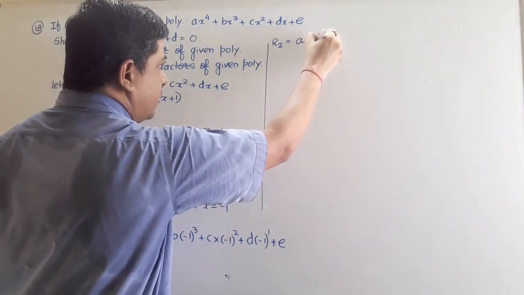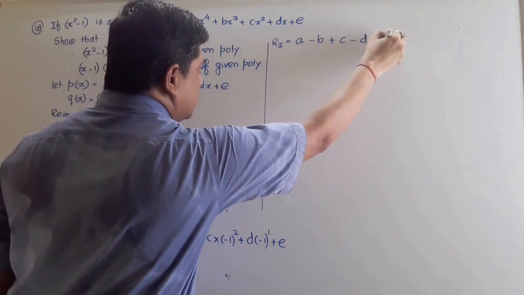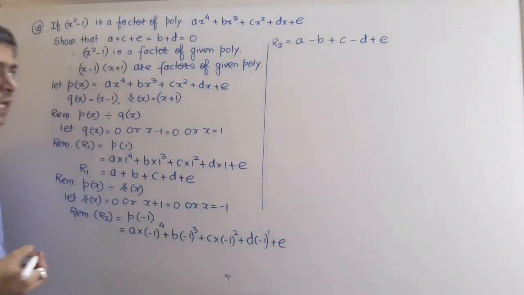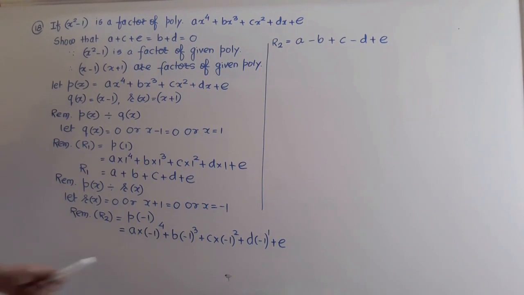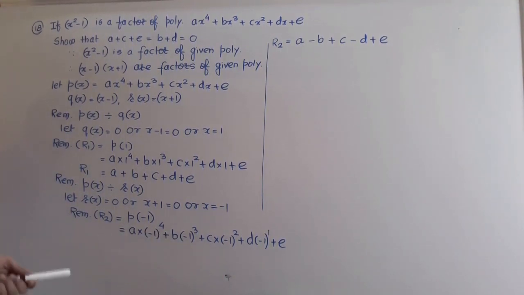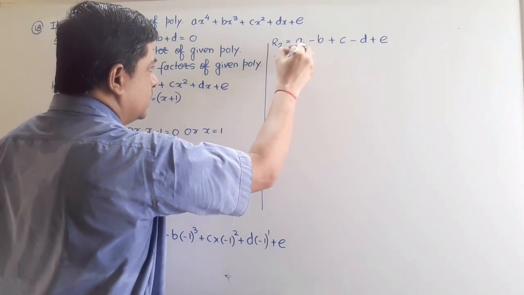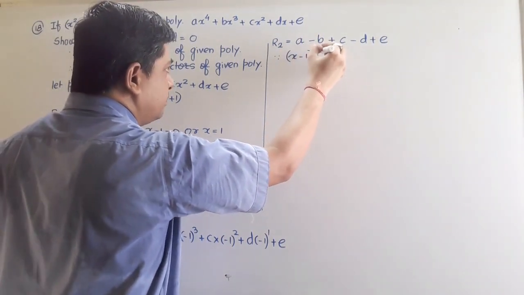So a minus b plus c minus d plus e. I will write it down like this, because on b and on d the sign will be negative, because the power is odd. Okay, now we can say that since x minus 1 and x plus 1